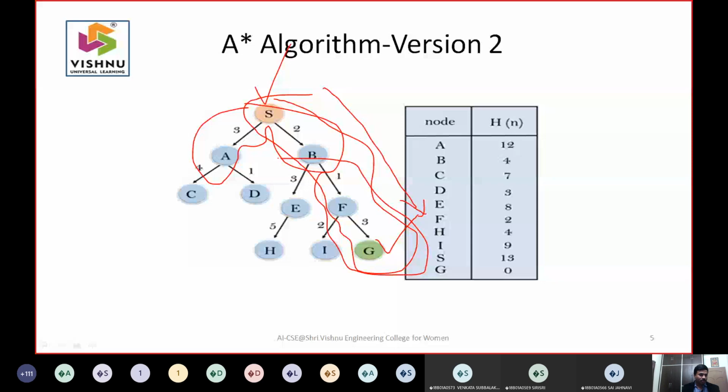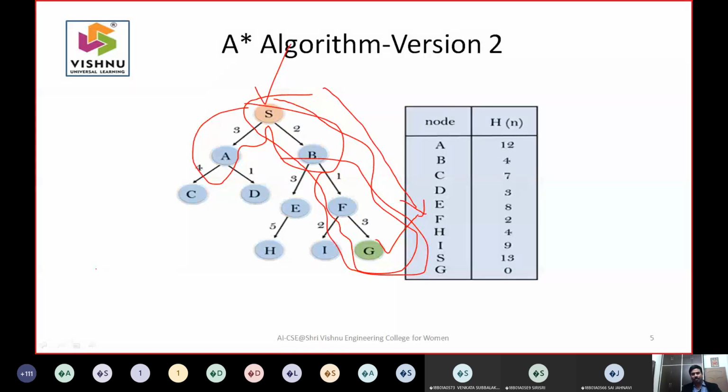So once you understand the way in which these three algorithms work in terms of open and close, then you need to identify that we need to store the parent's address so that I can backtrack. At the same time I need to store the children so that I can go from one place to another and print that path. So two things you need to do before tomorrow: how to backtrack, and how to store the children and parents. If you have that understanding, then tomorrow's class will be very simple.